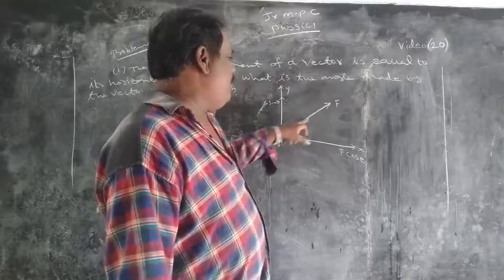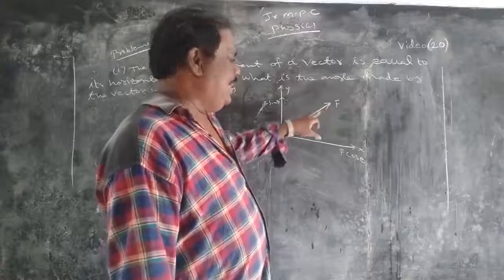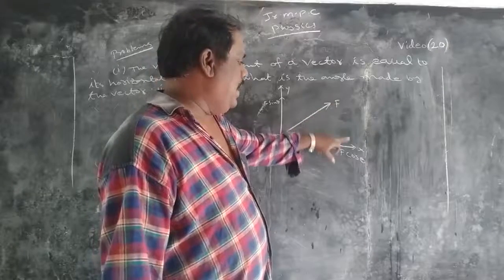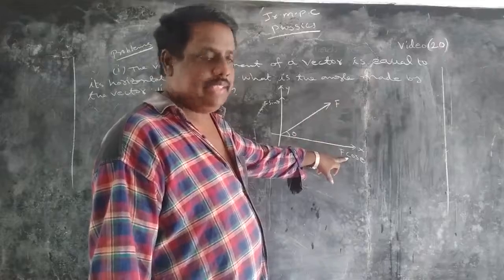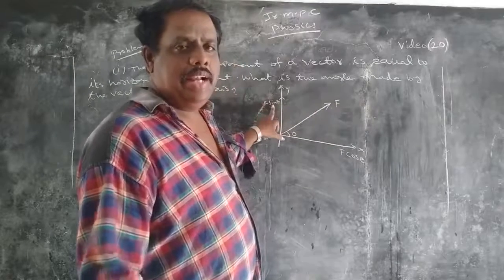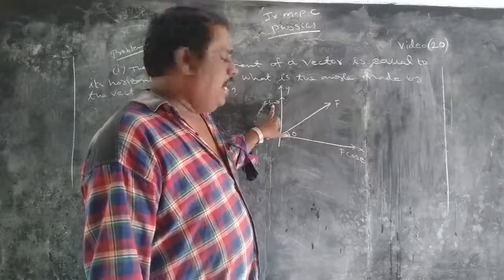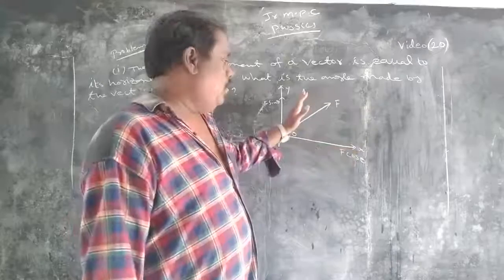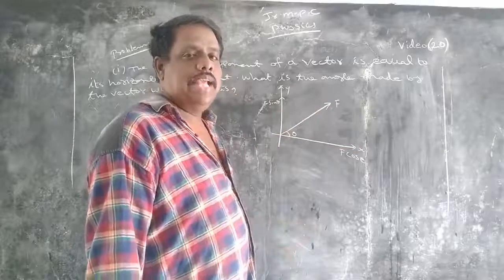So the force will be acting with an angle theta. This will be resolved into two components. So the horizontal component becomes F cos theta, and the vertical component becomes F sin theta. We already discussed this in the previous class. Horizontal, that means towards the theta, will always be cos, and towards the vertical will be sin.